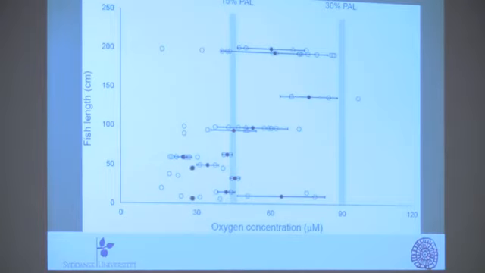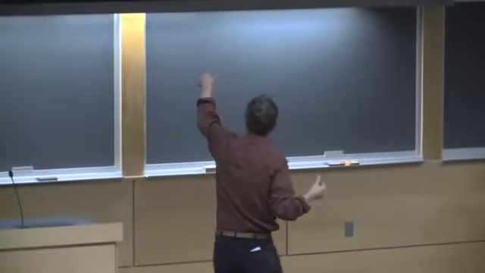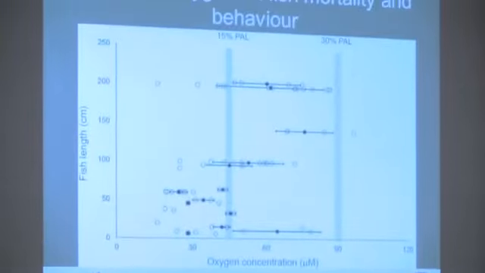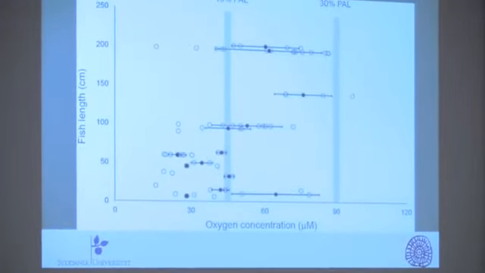Okay, this is another graph, but it's not too hard to figure out. Bigger fish need more oxygen. That's sort of what this graph is telling you. So we have fish length on the left here. We have oxygen concentration on the right, and these dots represent oxygen levels where the fish just can't take it anymore, in a bunch of experiments. So that's sort of the level that they can't take it anymore. We have 15% present-day levels, 30% present-day levels. And what you see is that bigger fish generally need more oxygen. Smaller fish do better at lower levels of oxygen.